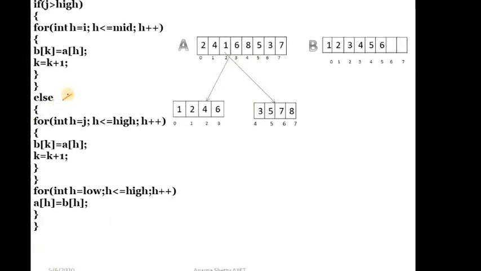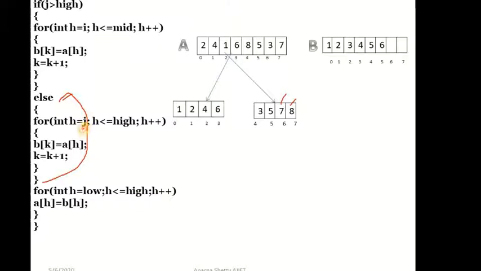Okay. So in the else part, from here till here, so much is the else part. Using this else part, I will copy these remaining two elements, the remaining two elements in the rightmost sub-array, to B array. Okay, so let us see how it happens. I'm using this for loop to copy here. I have this new variable h. H is equal to j.